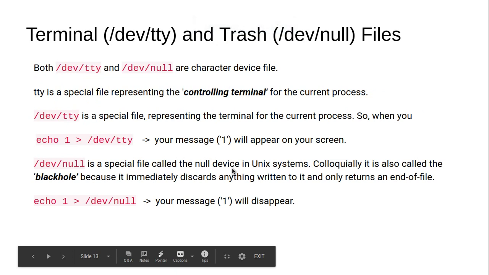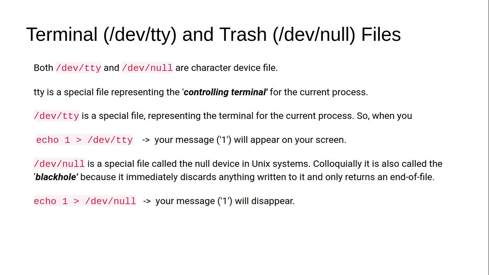Now we will talk about two most important files, and these files are your /dev files, and these are your device files. Anything that resides in /dev is your device file, and we are talking here specifically about two important files, that is your /dev/tty and /dev/null files. Both of these file types are character device files. These are not block device files. A block device file is basically the hard disk file. Your hard disk drive is classified as a block device file. However, these two files, tty and null, are your character device files.